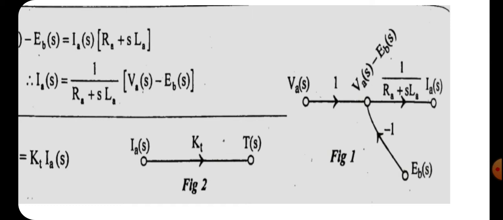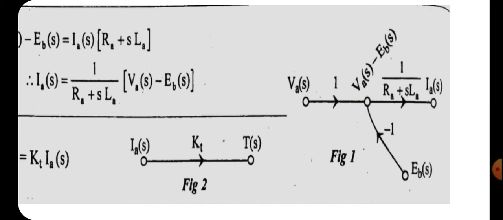Okay. So EB(s) comes to the node where VA(s) minus EB(s) is there. We know that EB(s) is subtracted from VA(s), so we should put a minus 1 gain on the line connecting EB(s) and VA(s) minus EB(s). Okay,